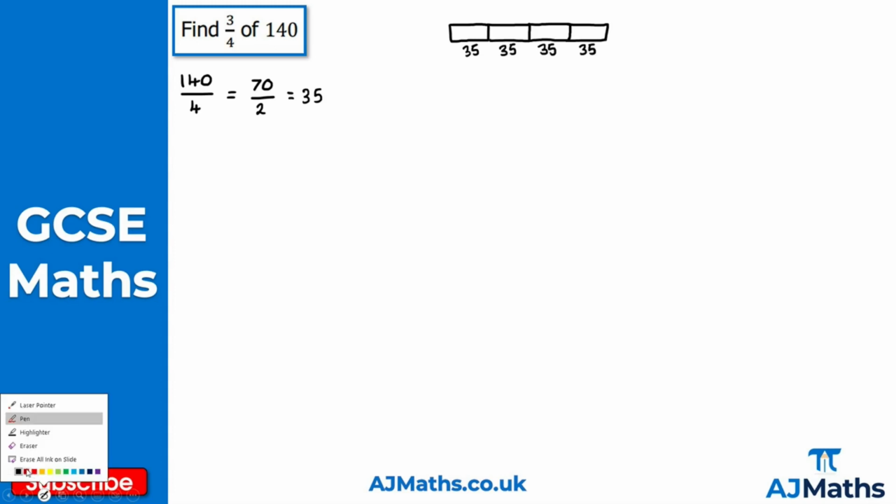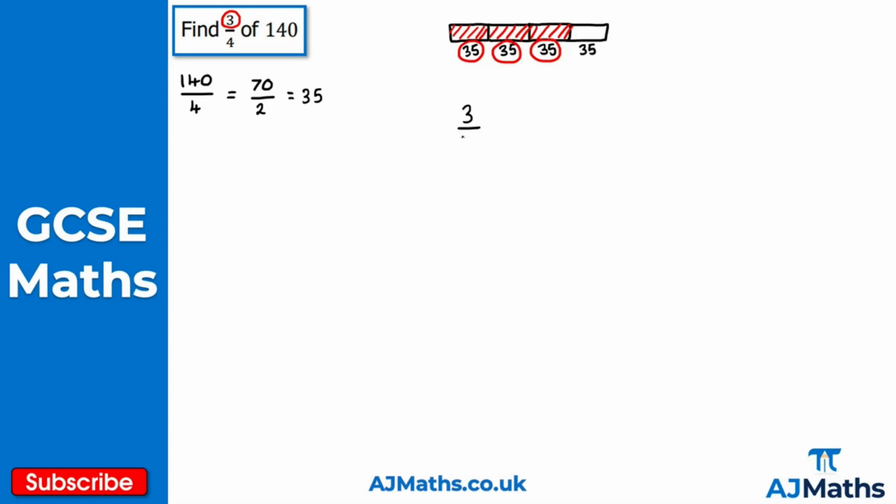So now we want 3 of these blocks here because the numerator here is 3. That tells us how many blocks we want from the total here. We want this block here, this block here, and this block here. We want this 35 here, this 35, and this 35. So now, if we add all that together then, 3/4 of 140 here,